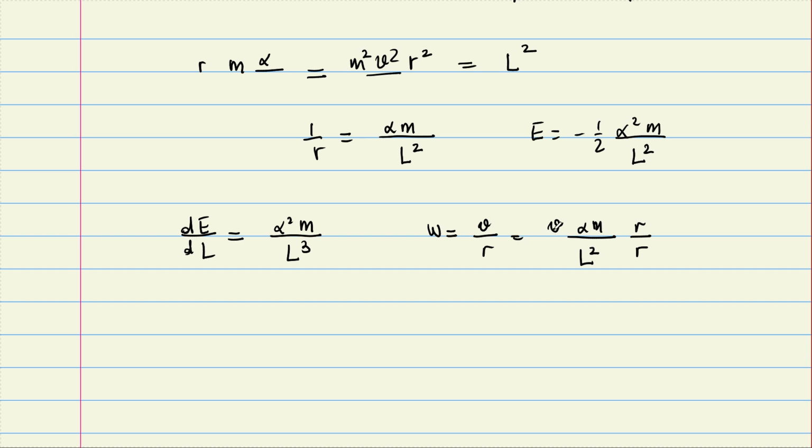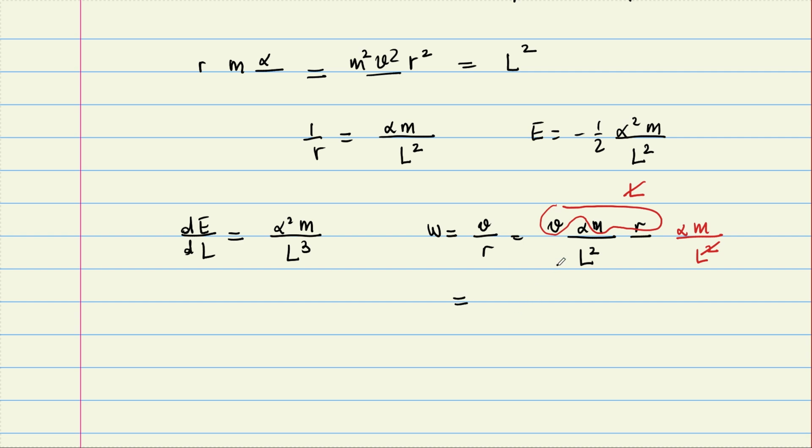I think I'm trying to get v times r, which is going to be angular momentum, right? So this part m. Okay, now I got it. So this part, maybe I can use a color. So this part, m v is p, times r, this is L. And for 1 over r, let's also write alpha m divided by L squared. So I'll cancel this L with this, and at the end,